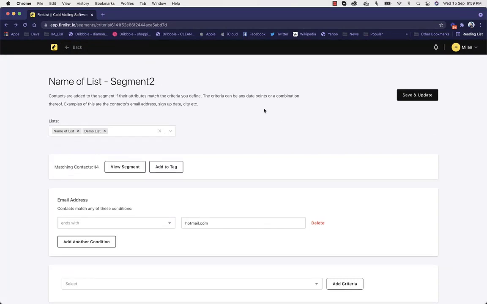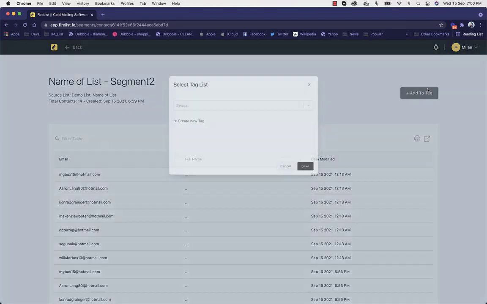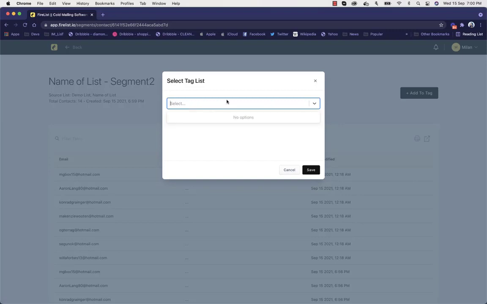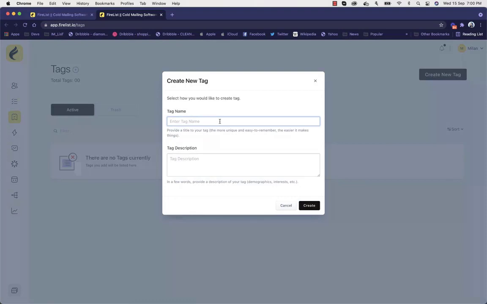Once this segment has been created, it's auto saved. When you click on save and update, it generates and saves the segment automatically, so you don't have to bother about that. If you want to add these 14 users to a tag, I can choose one of my existing tags, which I don't have, or I can create a new tag. I'll click on create a new tag and create a tag with the name of G